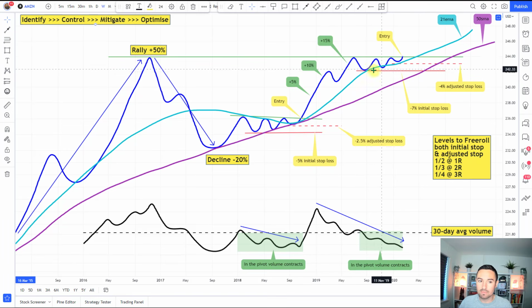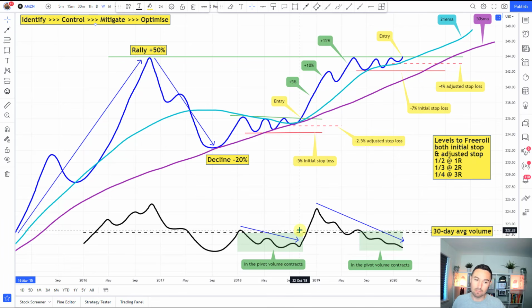Then there's another VCP, which is then setting up around this 21 EMA, which is going to be the electric blue line. Purple line is the 50 SMA. Then down here we're going to have our volume as well. So this black horizontal dashed line is going to represent the 30-day average volume. So you can see that there are peaks and troughs. Then what I've tried to do with this green area is indicate where the pivot is, because we'd like to